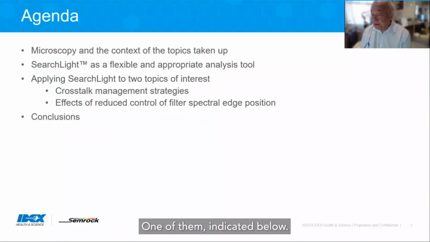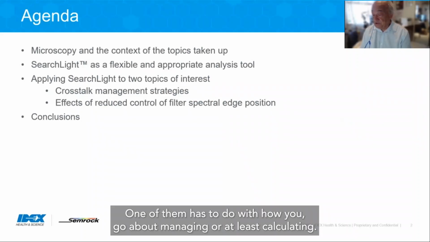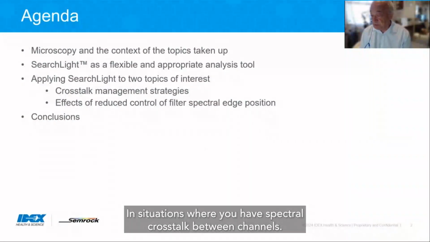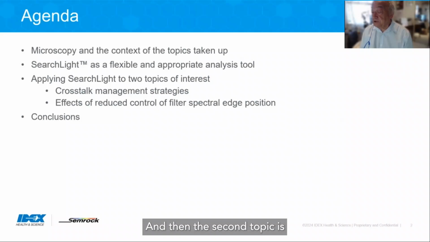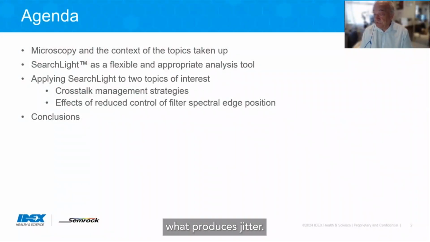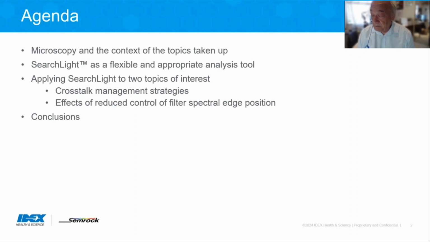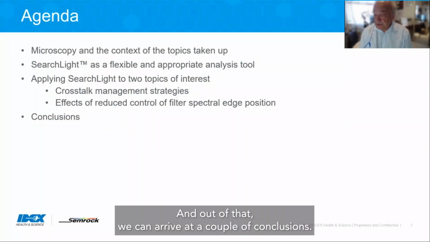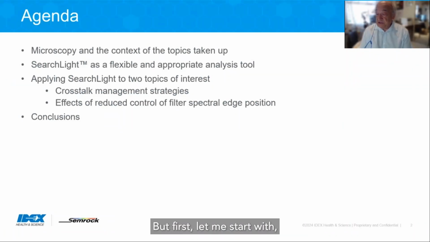One of them has to do with how you go about managing, or at least calculating, in situations where you have spectral crosstalk between channels. And then the second topic is to assess the effect of manufacturing precision, or maybe lack of precision, in the spectral edge position. So what we refer to as jitter. And out of that, we can arrive at a couple of conclusions. But first, let me start with